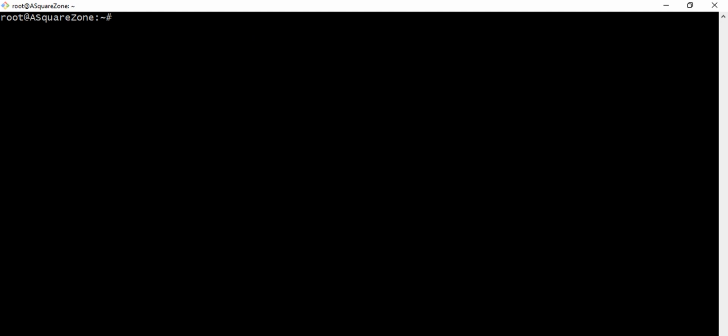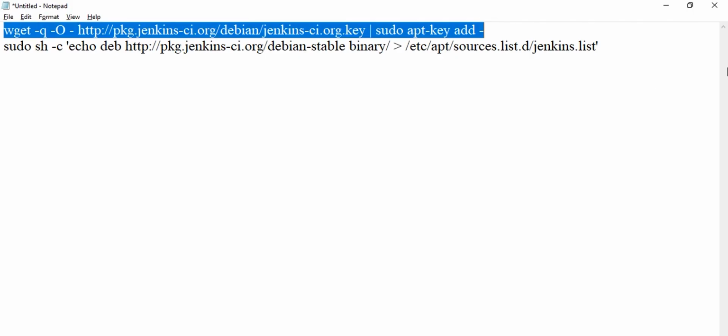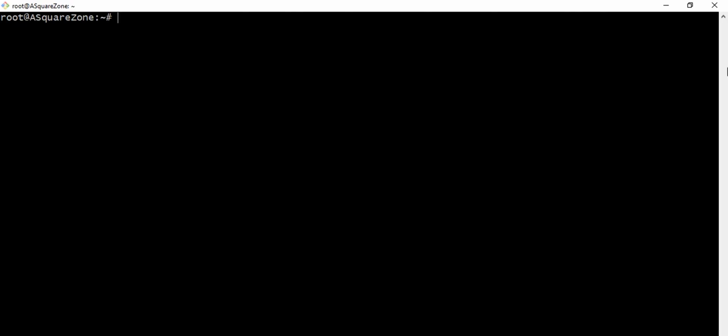First we need to add the repository key to the system using wget. So here is my command to add the repository key on this server. Once we get the OK, that means the key is added, because the system returned OK.